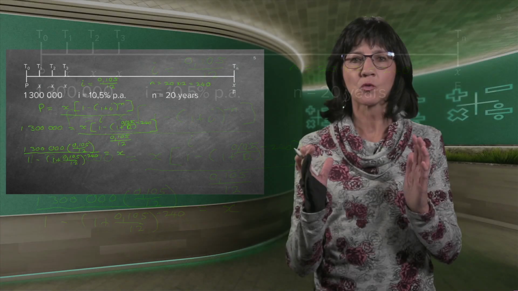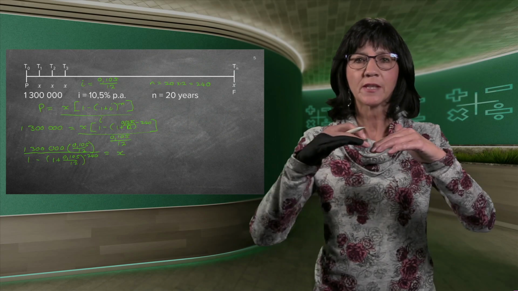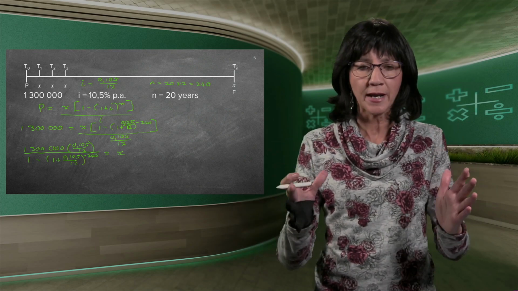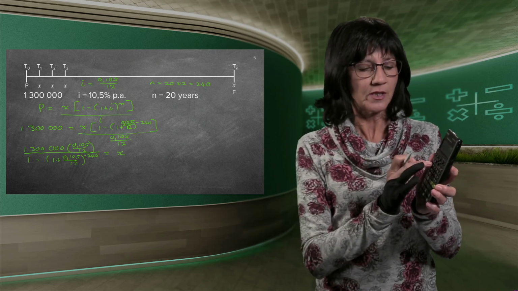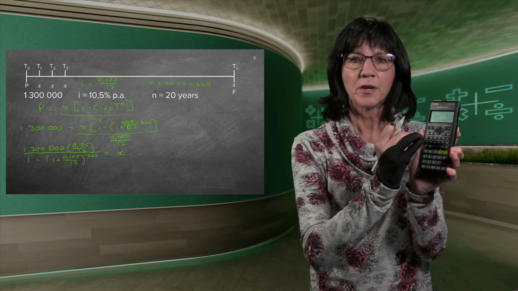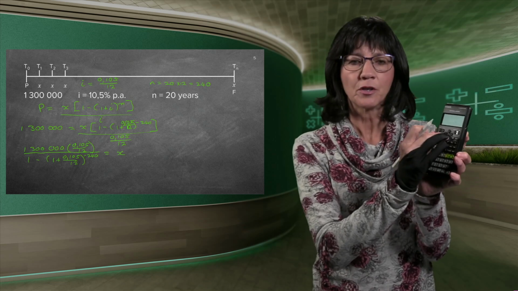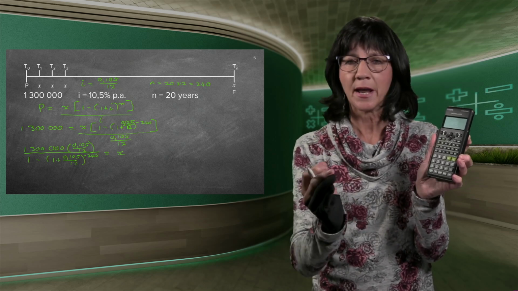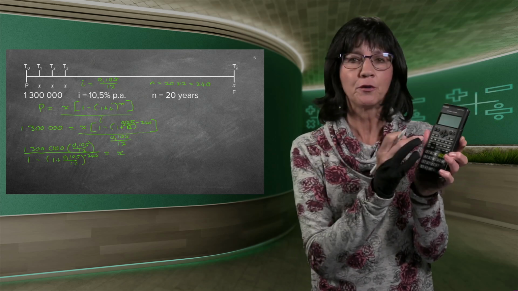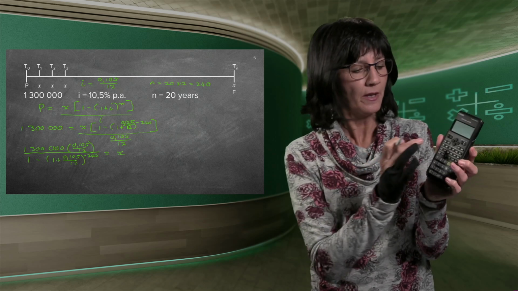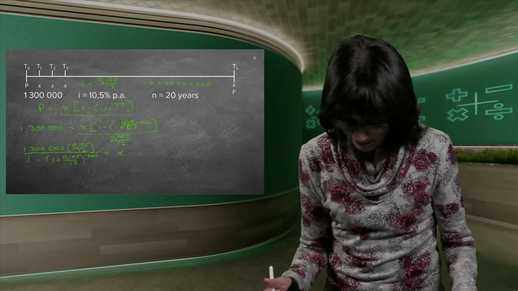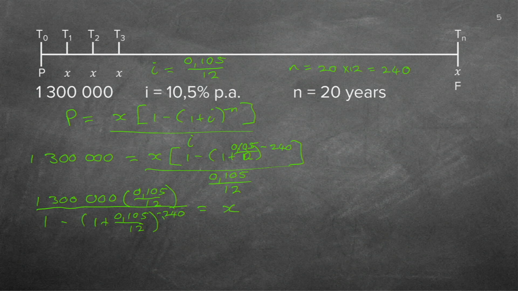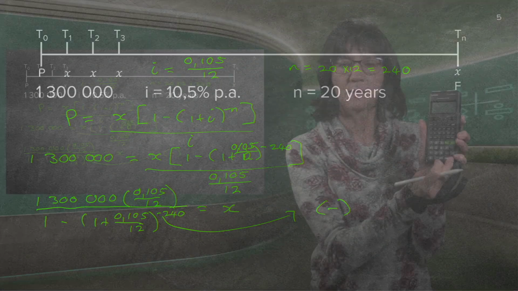Can you see I'm not using the square bracket? You can if you want to, but because that dividing line also serves as a bracket, I do not really have to. Now, if you take your calculator, remember, you slot it into the fraction slot. You press all the stuff on the top, then you go down with the cursor to the bottom stuff. When there's a bracket, you press bracket. Just be very careful. If you press that to the power of minus 240, the minus is this little minus on your display on the top. The minus with the bracket. I'll quickly do that. That one is the minus inside the bracket here on the top. It's not your normal subtracting minus.